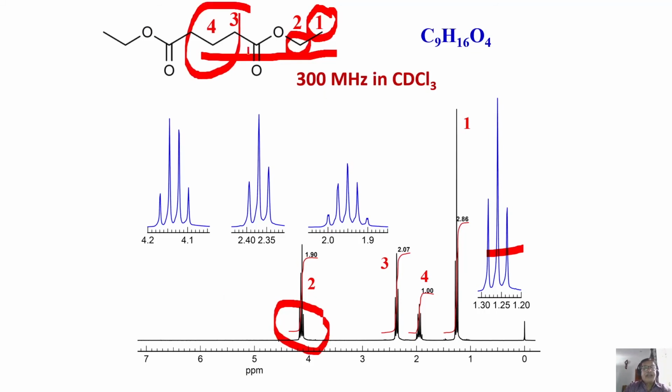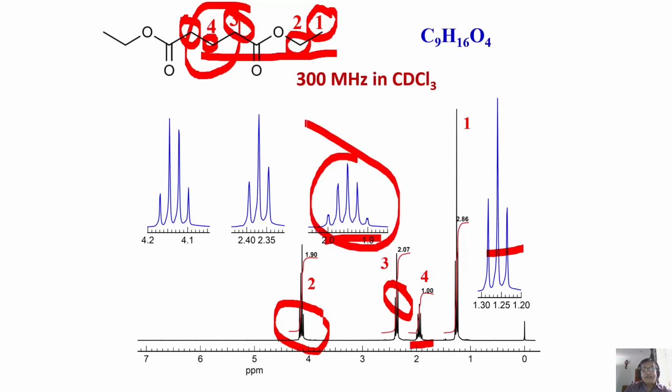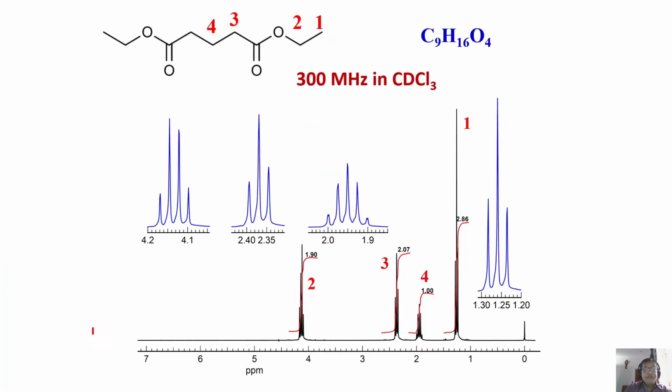What is 3? 3 is split by CH2 into a triplet. I understand. What about 4? 4 experiences coupling with this and also this. Remember, in the chemically magnetically equivalent case, I was telling there is an n+1 rule exception. These two do not couple, but that does not mean it should not couple to this. It is coupled to this. As a consequence, it is going to be a triplet of a triplet, a funny pattern if you expand. You get 1 3 1 triplet, 1 3 1 triplet, and 1 3 1 triplet. They overlap, and you get a pattern like this. So, very clearly, in a simple molecule, we can start analyzing by just looking at the pattern.